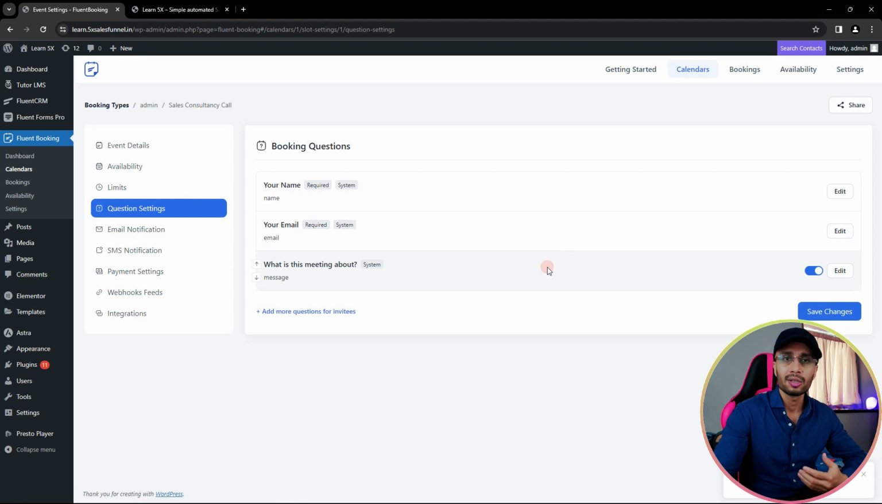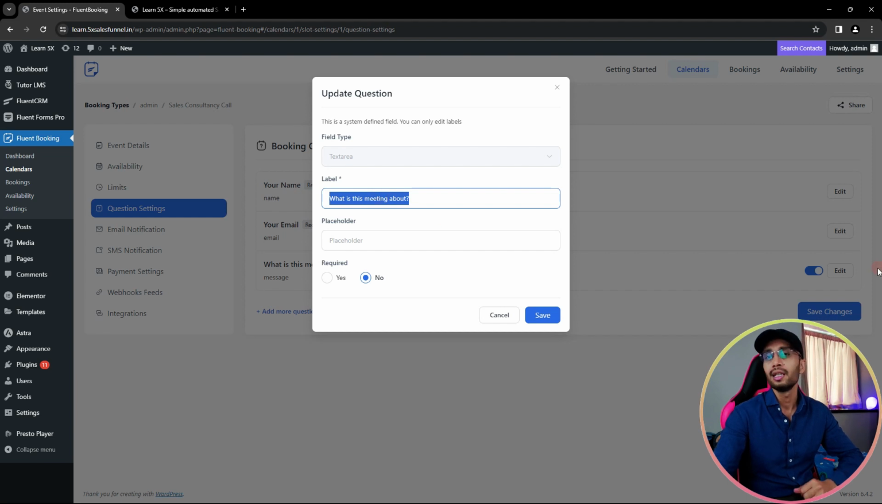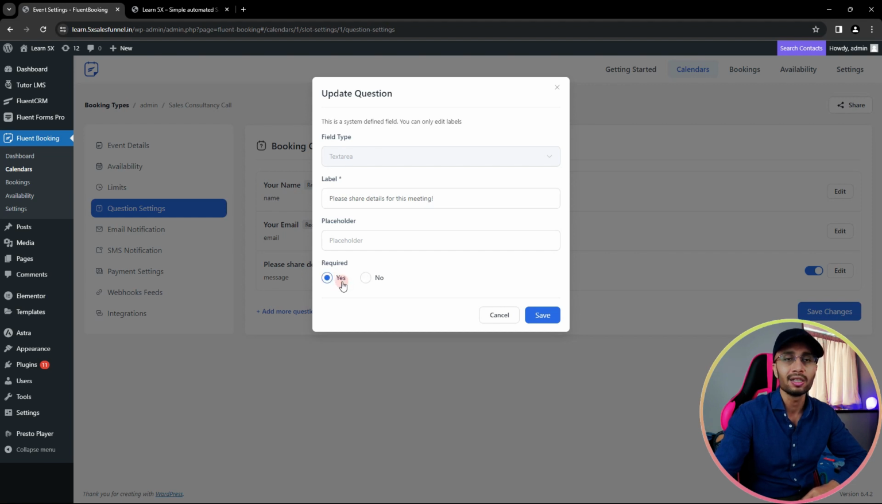Then you can ask some questions to your attendees. By default, the name and the email are required, and there is this one additional question: what is this meeting about? You can click on the edit button and you can change the details of this. So we can say, please share details for this meeting. Okay, we can leave that, and then you can also mark this as a required question